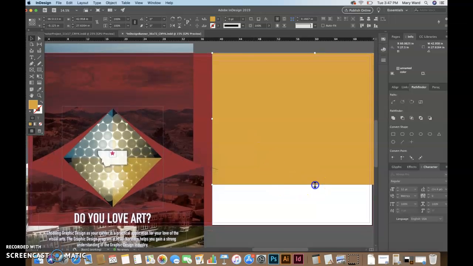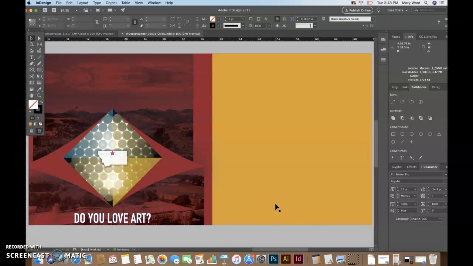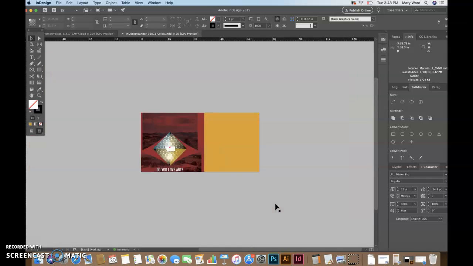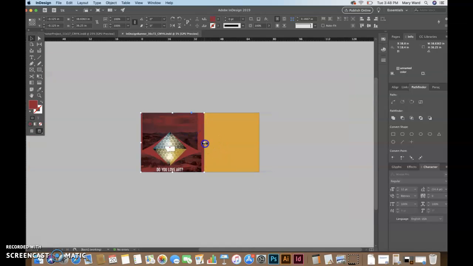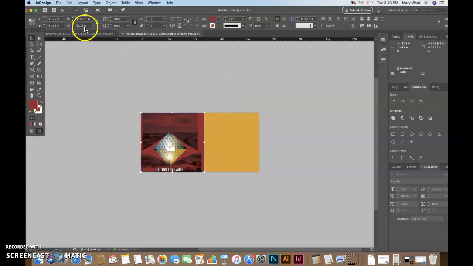So let's bring this here. Let's do a Command S just in case my computer dies, because I don't really want to have to plug it in while I'm trying to show you this. I don't know if this is actually the center of the document. I don't think it is. So what is the 72 divided by, don't make me do math, 72 divided by 2 equals 36 inches. So this should be 36 inches, or dang near